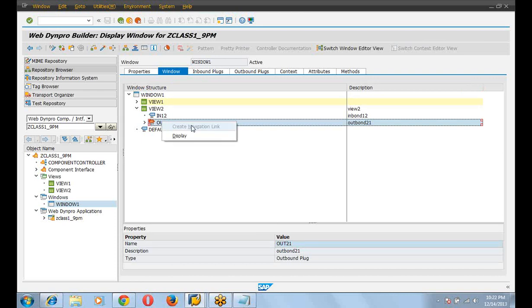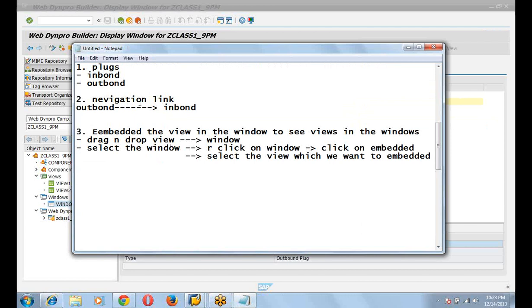In that it will ask for the inbound plug. We will select the inbound plug so that we can create the navigation link using this option also. There are two options: drag and drop, or right click on it, and you can create the navigation link.